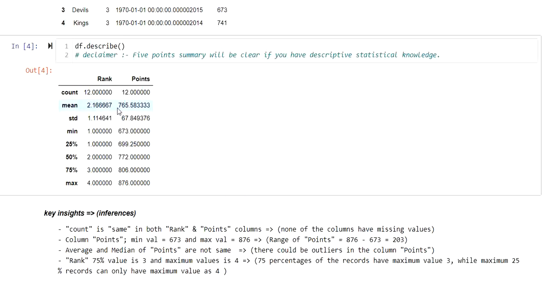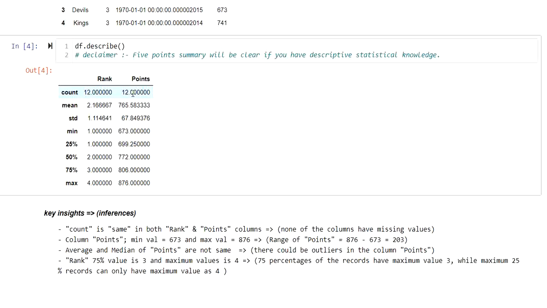Well, let me tell you, the count never includes missing values. Since we have all equal, that means we don't have any missing values in the current data set. If there were any missing values in column points, you would have seen a count lesser than 12. So any time you have multiple columns in the describe output, and you see any column not matching the total records in other columns or the size of your data frame, you can easily guess that there are some missing values under that column. That kind of insight you can get on top of the describe output.